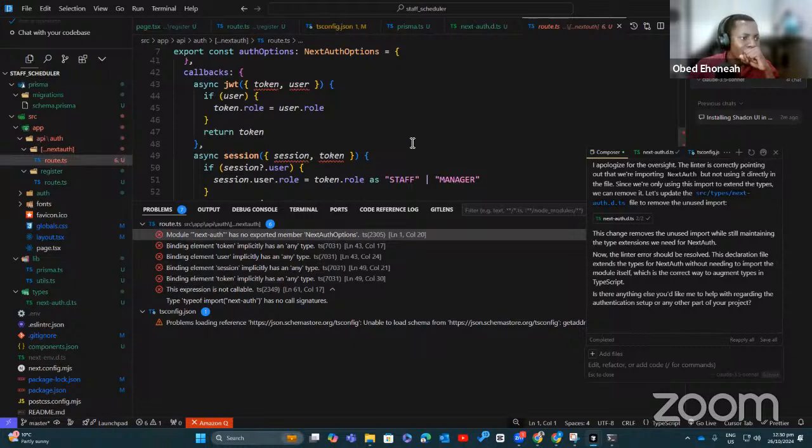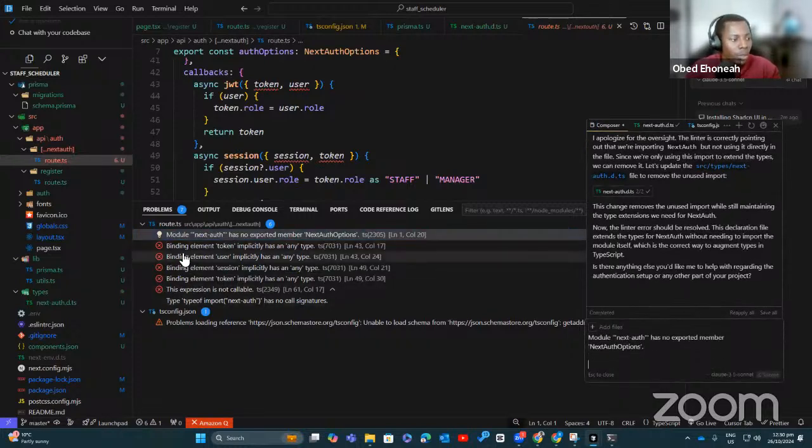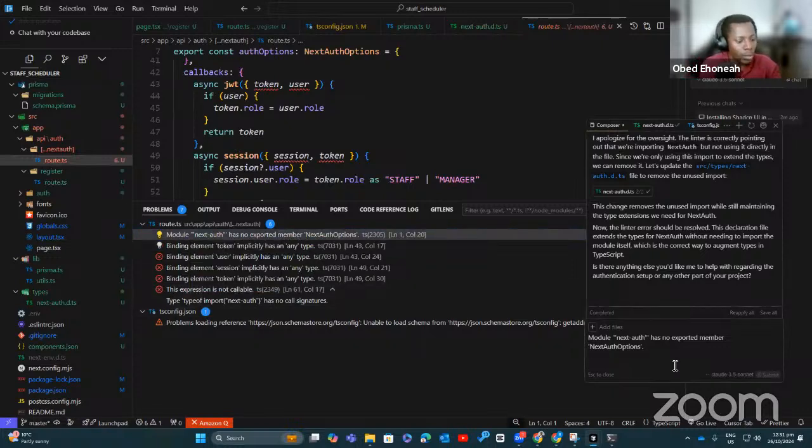So there are a couple of other errors here. Sometimes I'll just copy the message instead of copying the whole thing. And TypeScript's rules: don't use any as a type and don't allow implicit use of any.